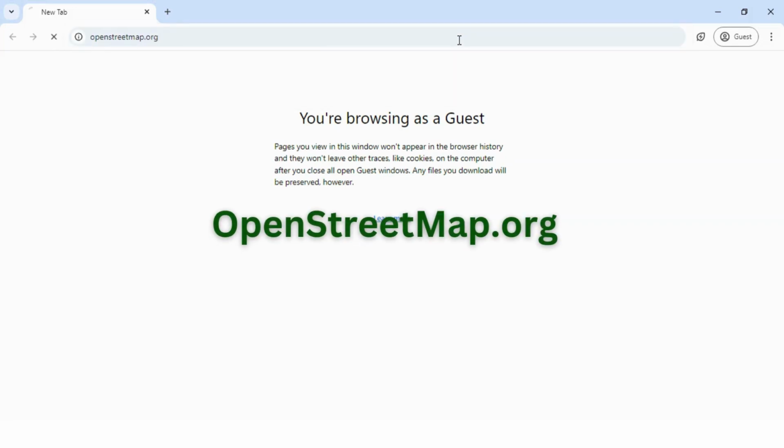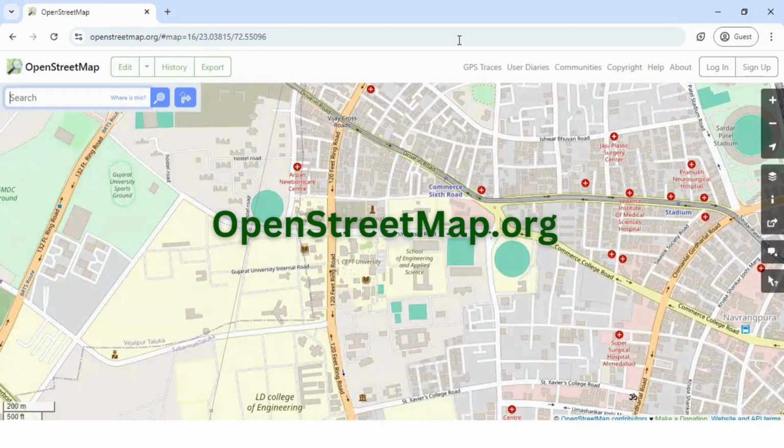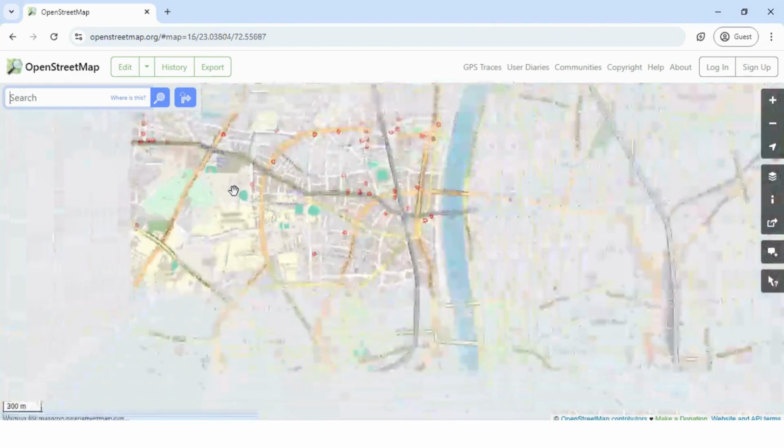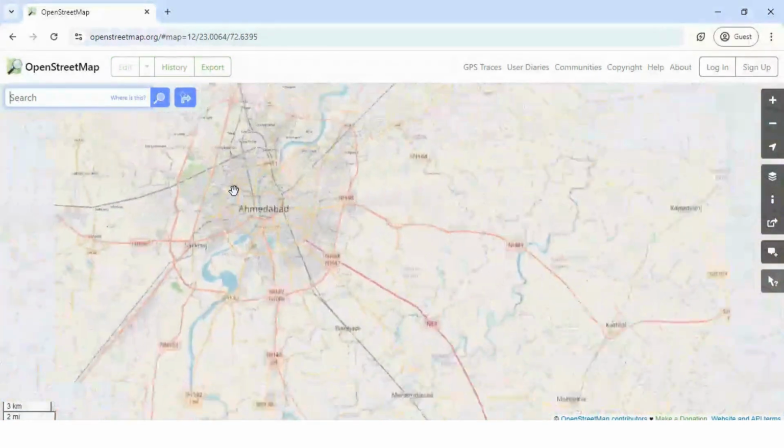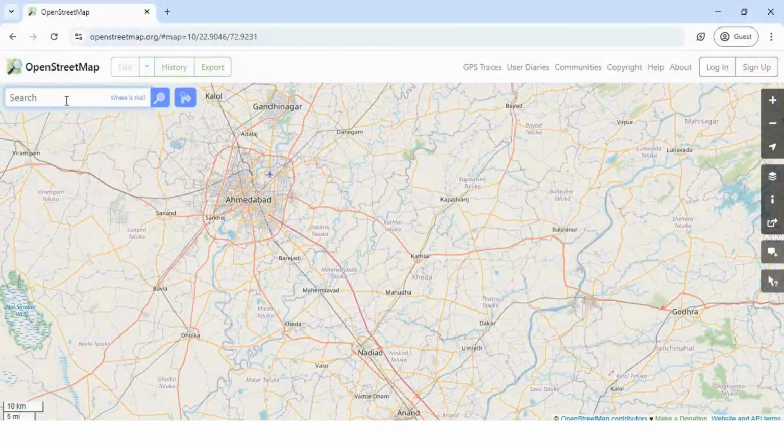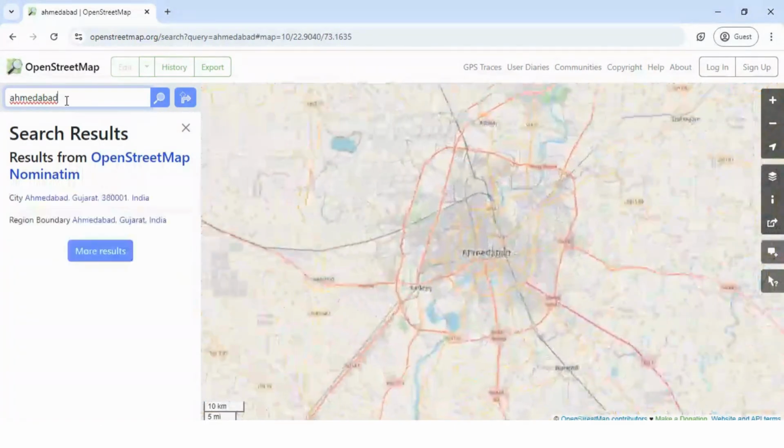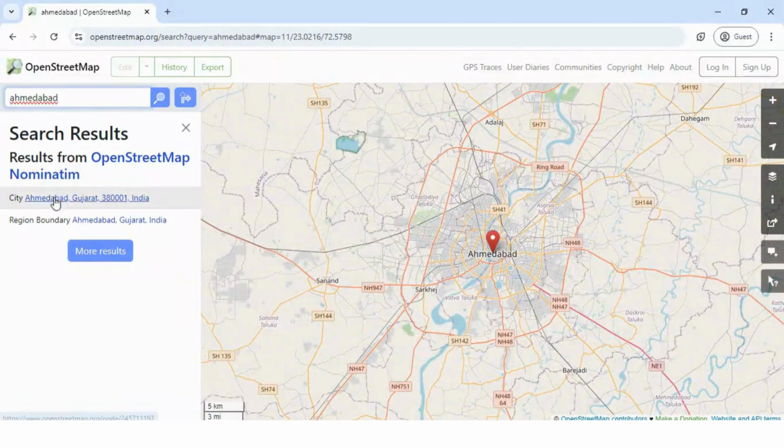Start OpenStreetMap.org website. This is one of the popular GIS applications. Search the city name for which you want to create a raster file. I'm going to create a raster file for Ahmedabad. Click on Ahmedabad